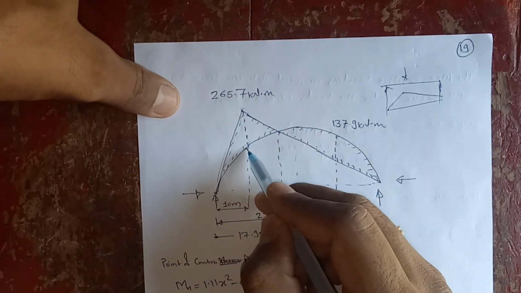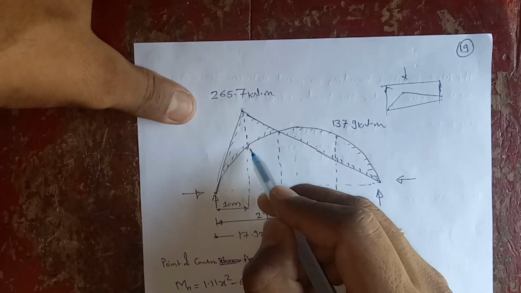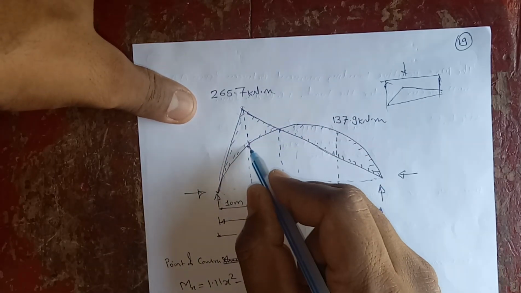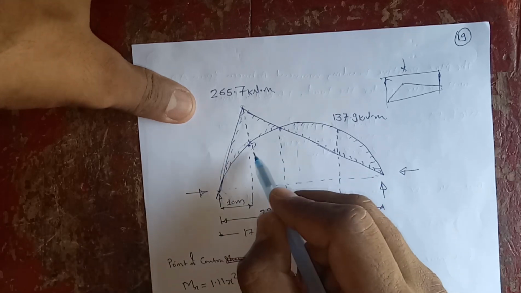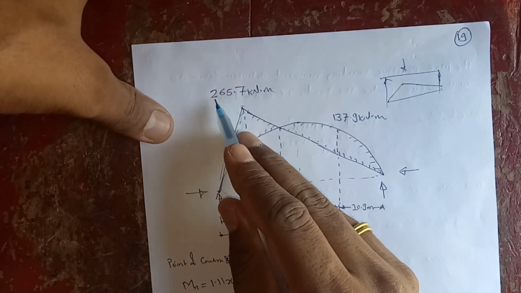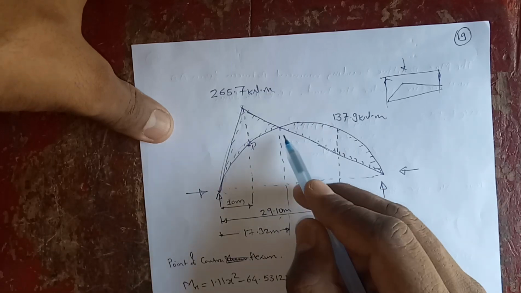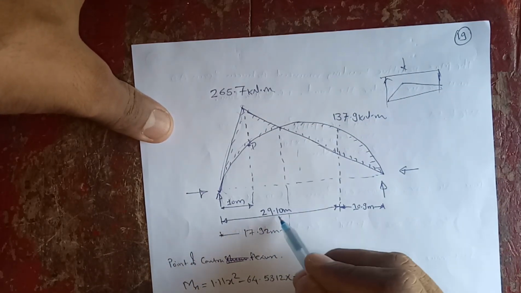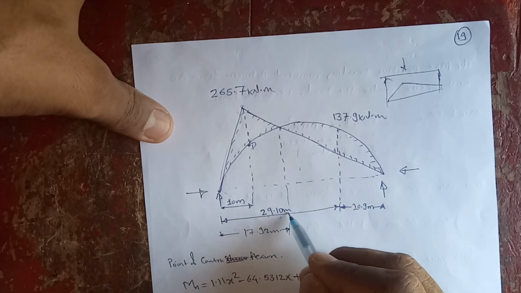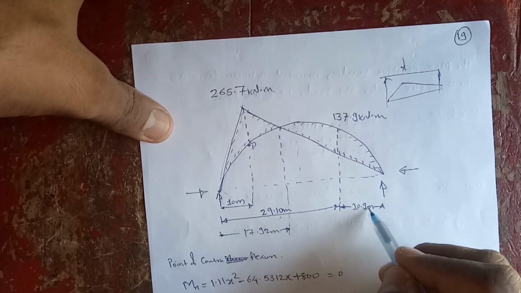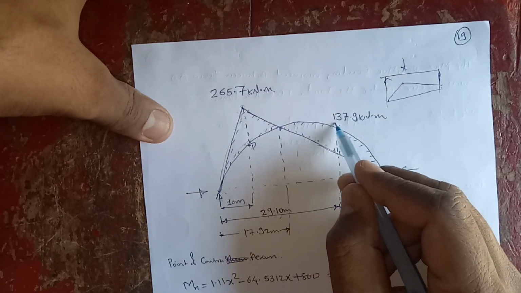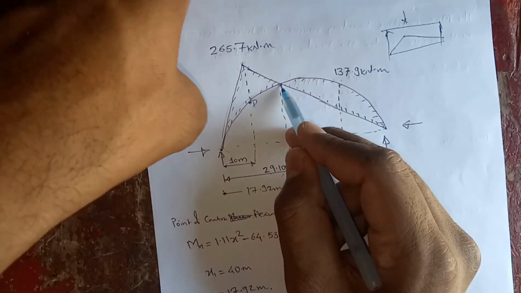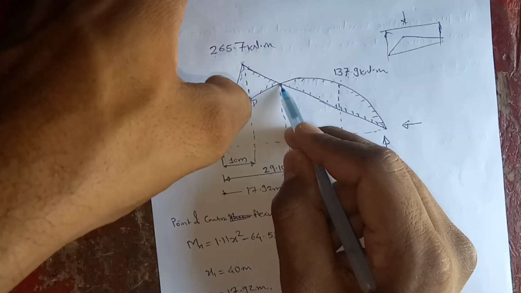We already calculated the critical location at point D, 10 meter. So at D it is 265.7 kilonewton meter. Then the maximum negative bending moment is at a distance of 29.10 meter, or from this end it is 10.9 meter, and it is equal to 137.9 kilonewton meter. We also need to find the point of contraflexure, where the bending moment is